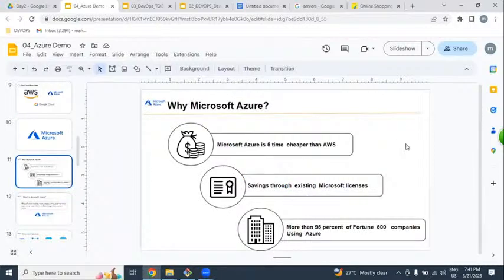Excellent. So why Microsoft Azure? Microsoft Azure is cheaper than AWS, though it is slightly near to AWS. We can also save on Microsoft licensing costs. Azure is a Microsoft product, so if we are using Microsoft-related products like MS Office, Windows operating systems, or any Windows-kind of product, we can reduce the cost more. More than 95 companies are using it, and 25 more companies are right now increasing their use of Microsoft